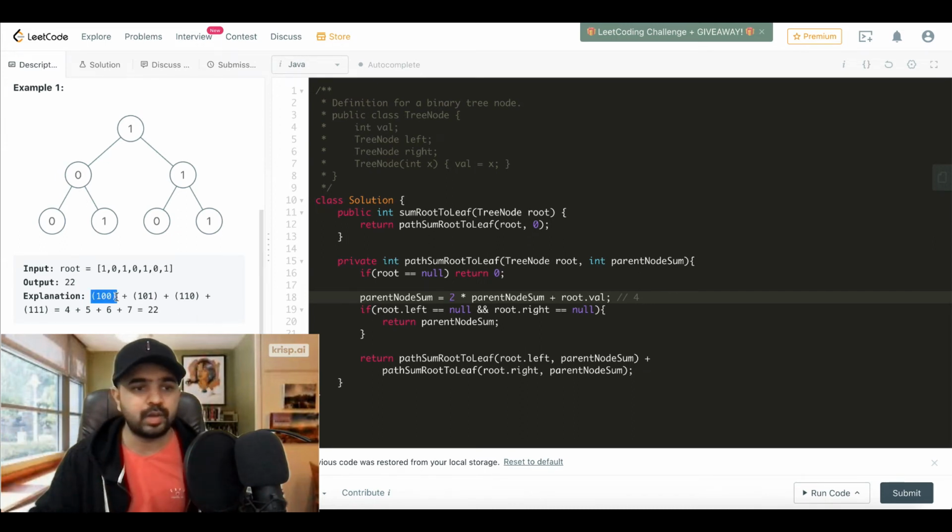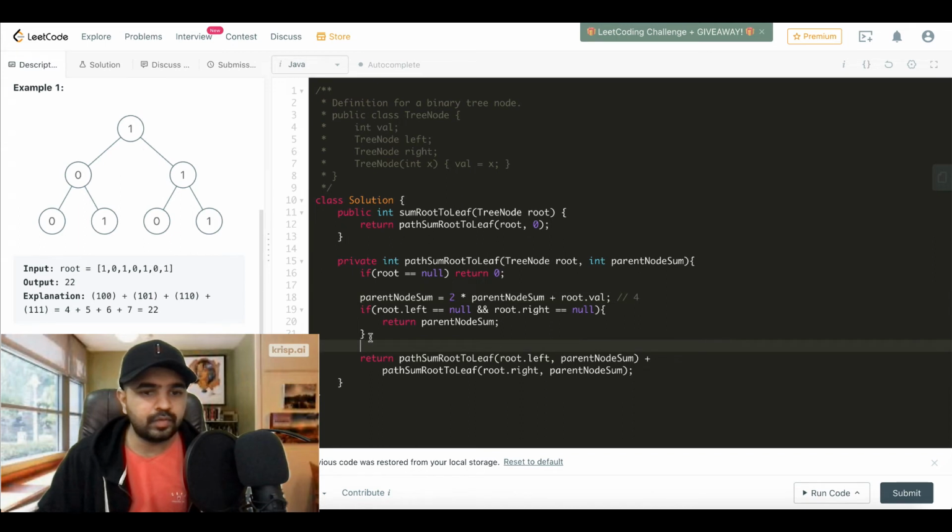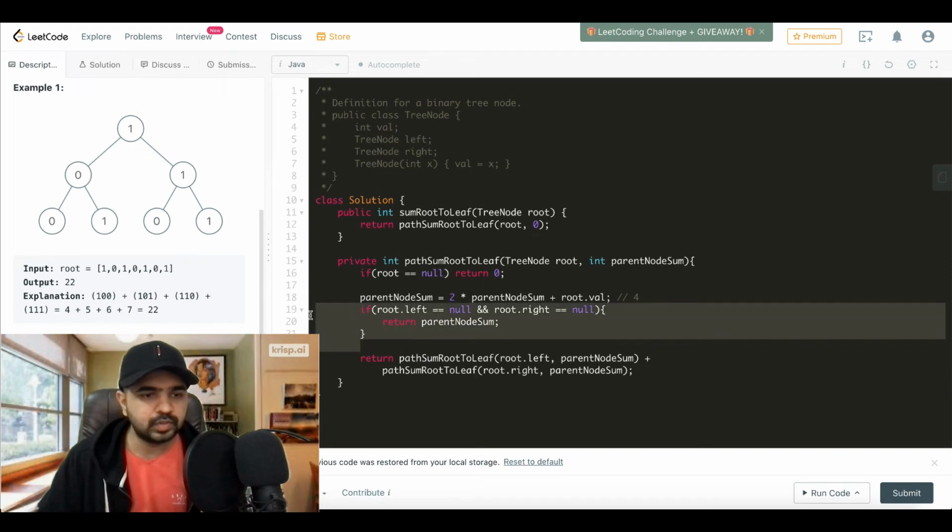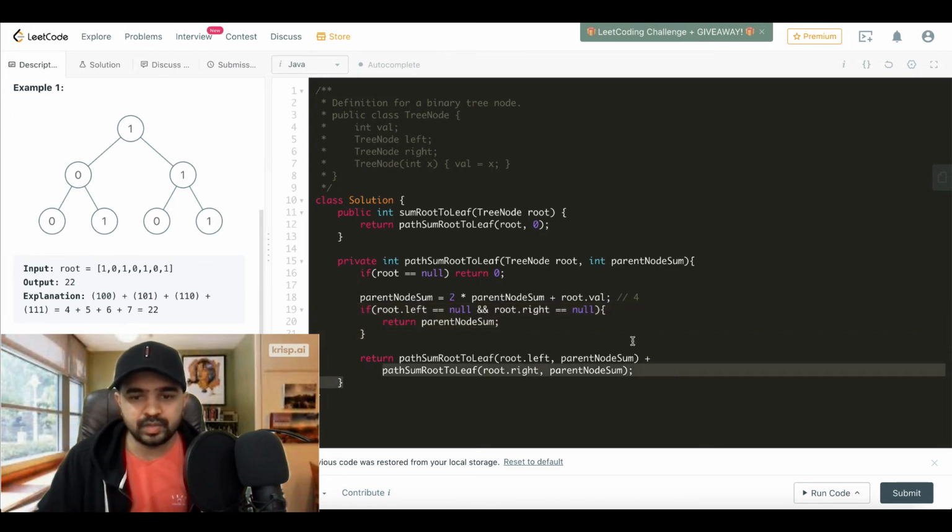Let's run it for one more path, and I think that will clear this out. So now we know that this is a leaf node. So from here we'll return. It will go back to this 0th node, and it will call its right child, right? So we are done with this path. Sorry, this path gave you the result. Then we call it for the right one.